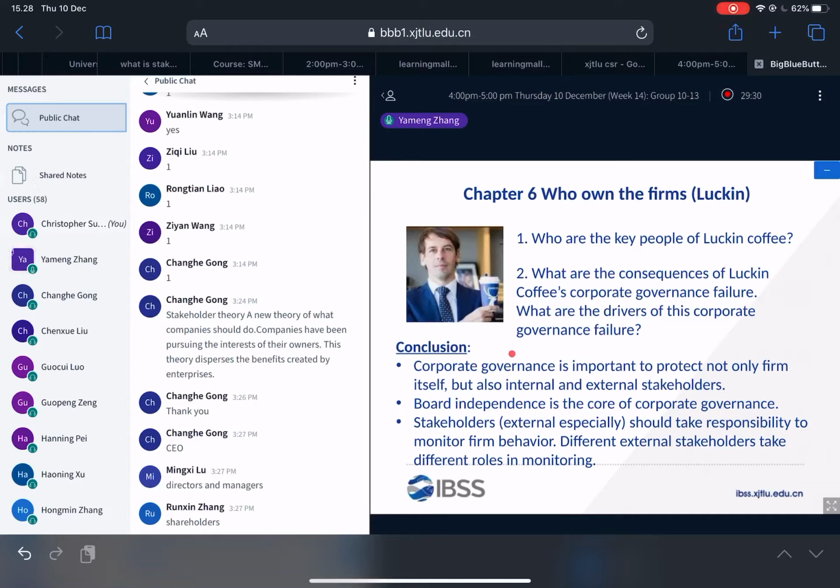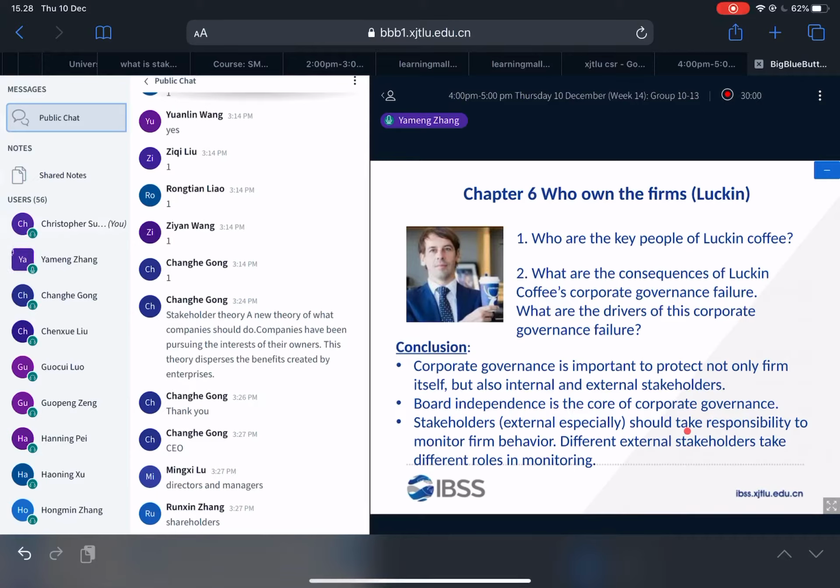And by analyzing the corporate governance failure case of Luckin Coffee, the financial fraud case, we conclude that corporate governance is important to protect not only the firm itself but also internal and external stakeholders. And board independence, that means appointing a certain number of directors from outside the firm, is the core of